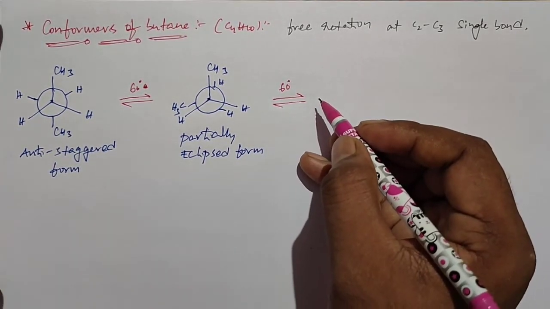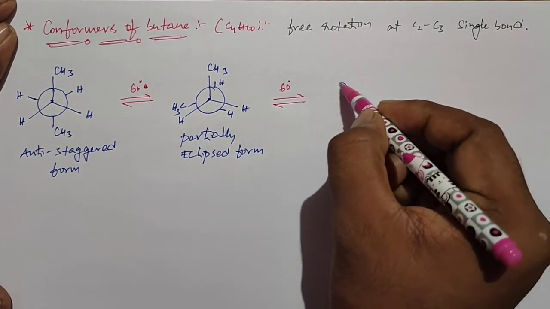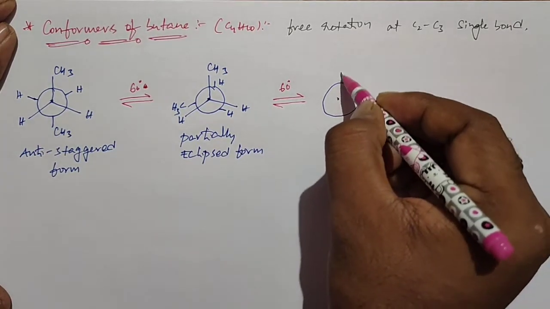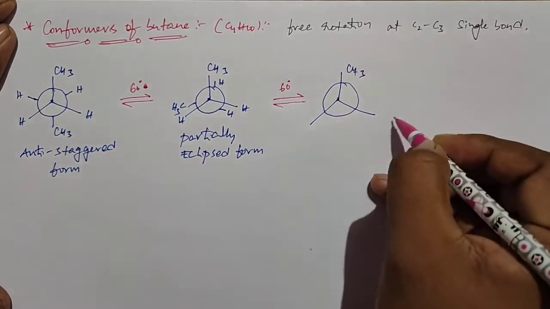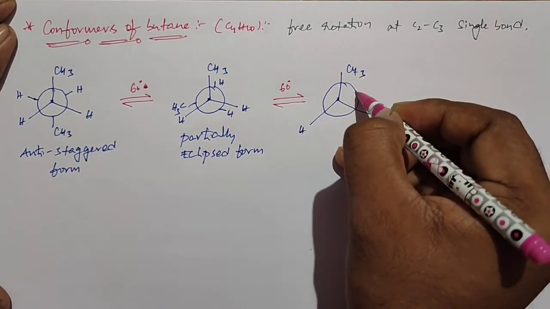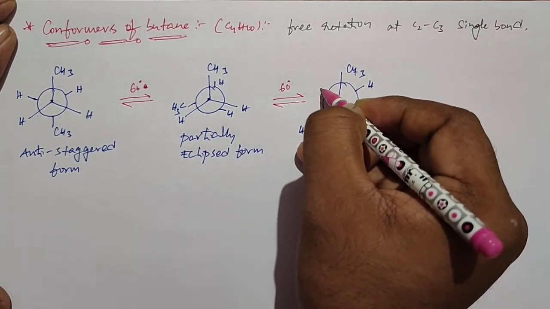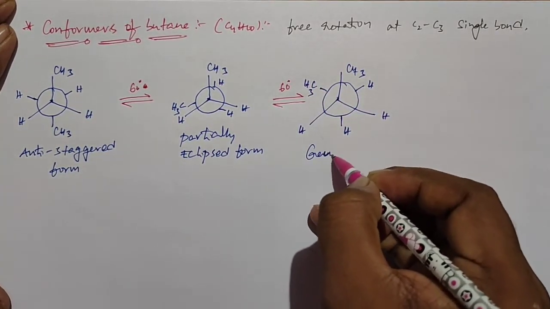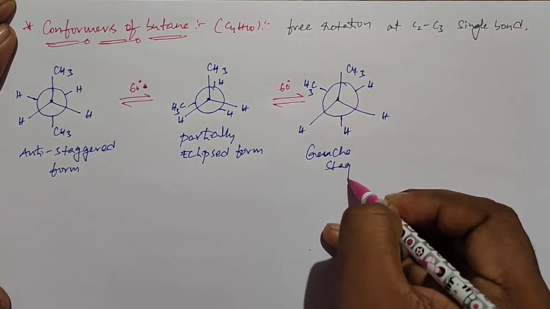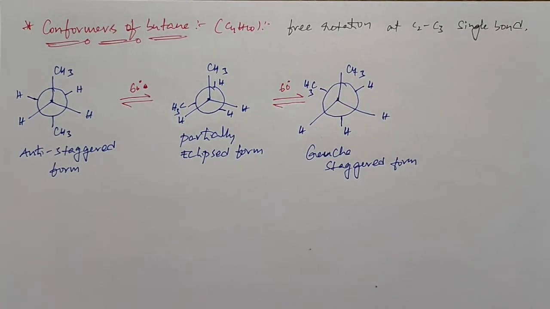Here, Gaussian staggered form means the staggered form is almost near to the Gaussian form. In that situation, the groups are arranged like this. So this is the Gaussian staggered form. Okay. Now if you again rotate by another 60 degrees,